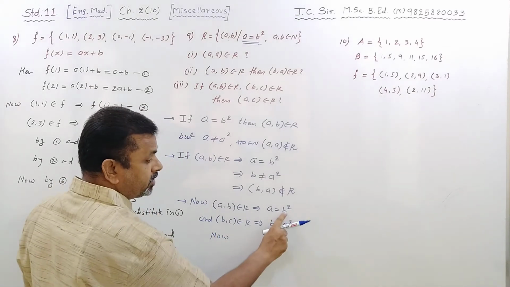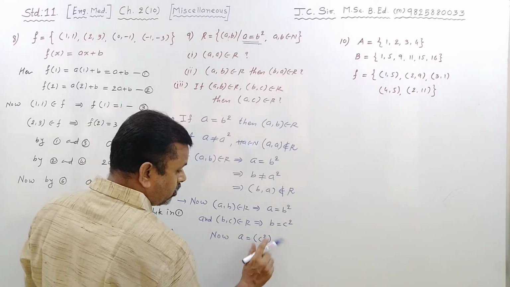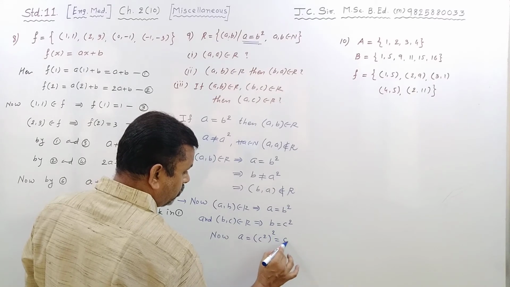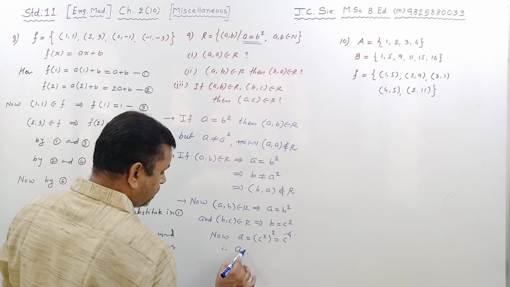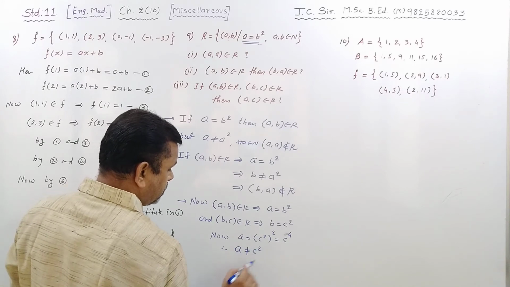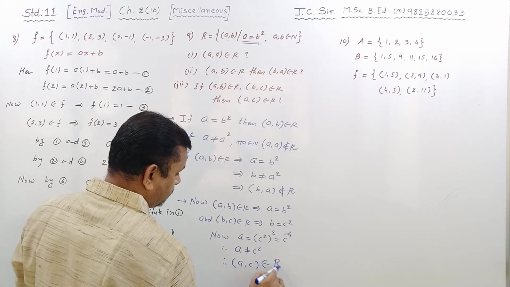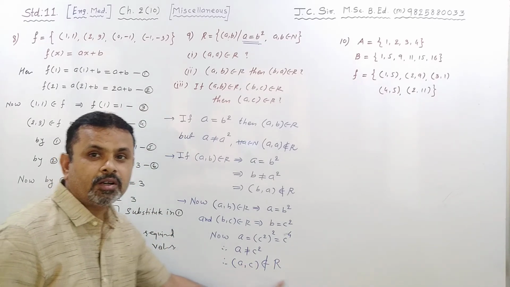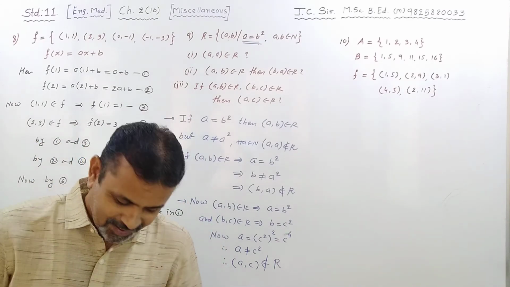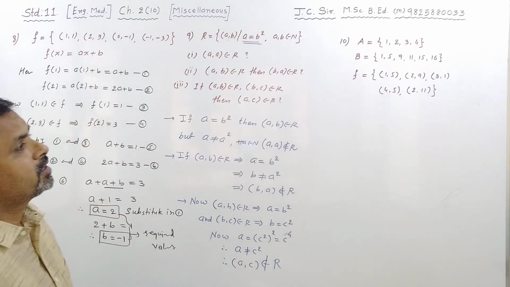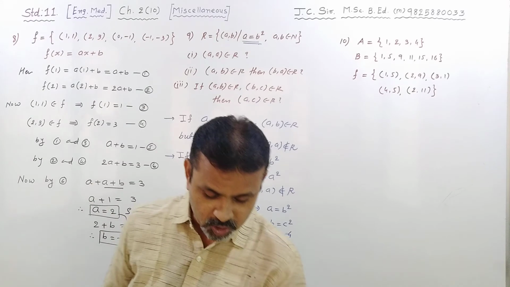Now putting value of B in this, so A is equal to, taking B equal to C square and then square equal to C raised to 4। Therefore A is not C square and therefore AC does not belongs to R। कितना इजी है। चलो क्वेश्चन नंबर 10 is also very easy। उसमें हमें दो क्वेश्चन पूछे हुए।